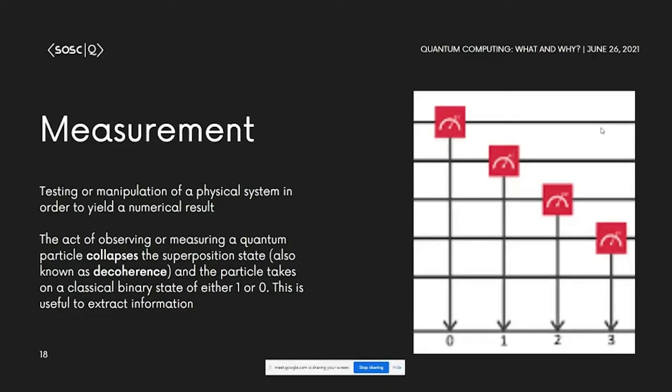The thing is, when you observe or measure a quantum state, you collapse it to either a state of 0 or 1. I told you before that a qubit can stay in states between 0 and 1, or have many different states, right? But when you apply a measurement operation to get usable output, you collapse it to a state of either 0 or 1, right? And there is a specific probability related to whether it would fall to 0 or 1, depending on your quantum state. So that's the problem here. When you measure,